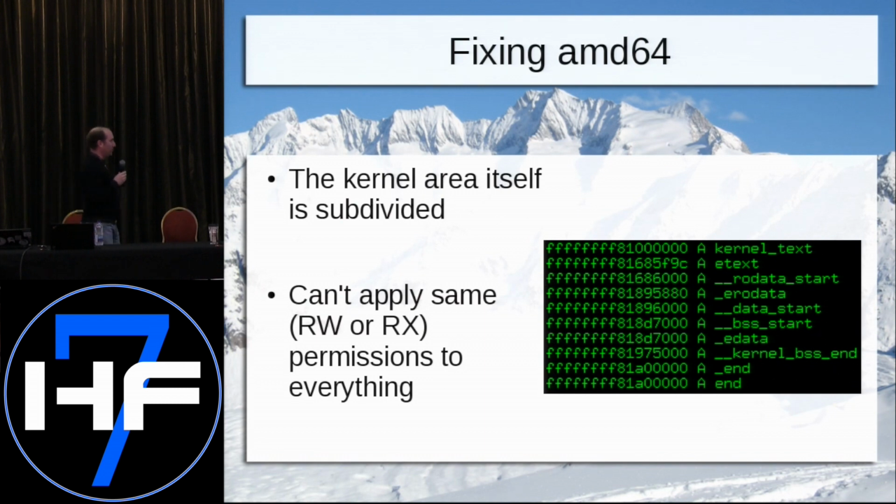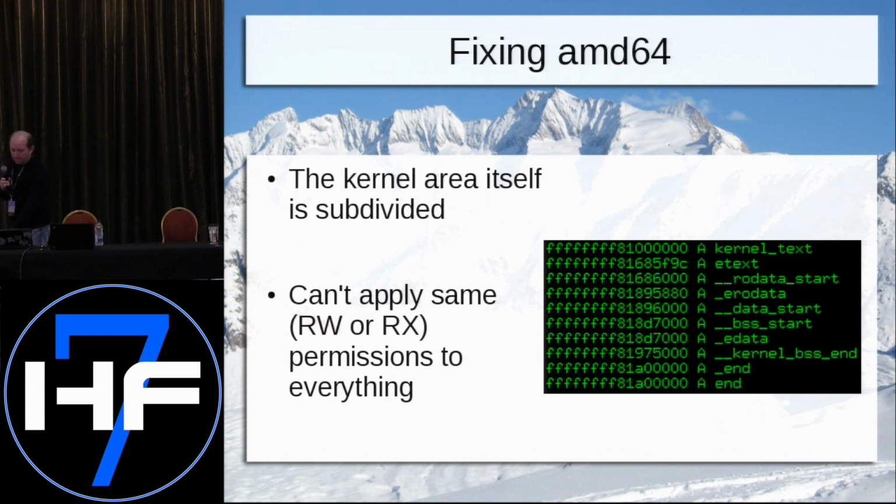So first, let's look at the kernel itself. The kernel is a binary that's loaded off disk during the boot process, and it's placed somewhere in memory. It's placed at the same place in memory every time. If you look at what is in the kernel binary, there's a bunch of different sections: text, read-only data, BSS, symbols, and a bunch of other stuff. This is what it looks like if you were to dump the symbols and look at the different regions.